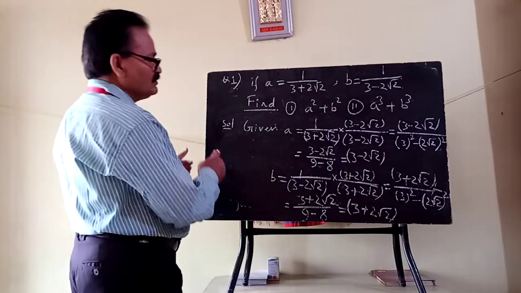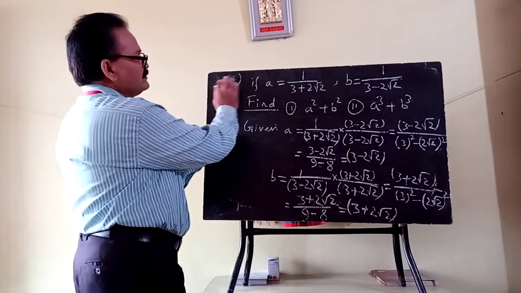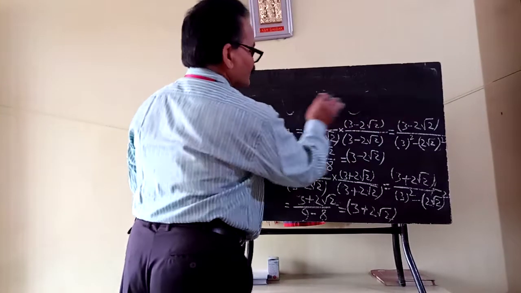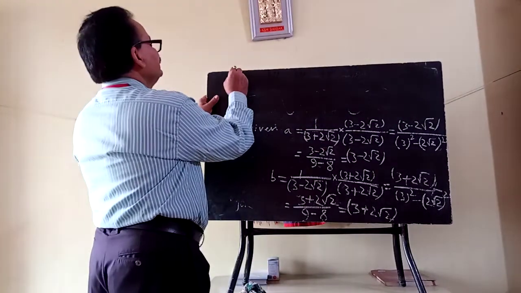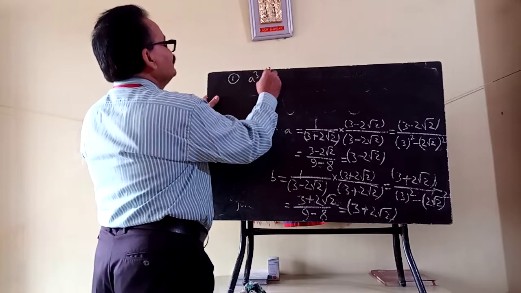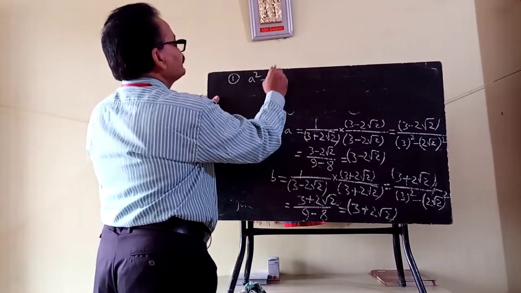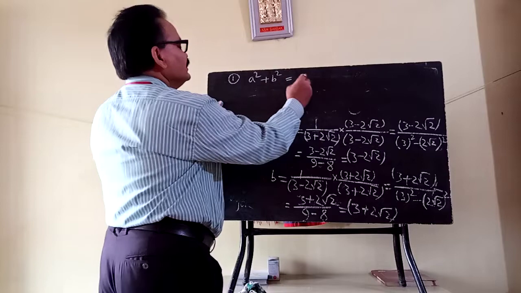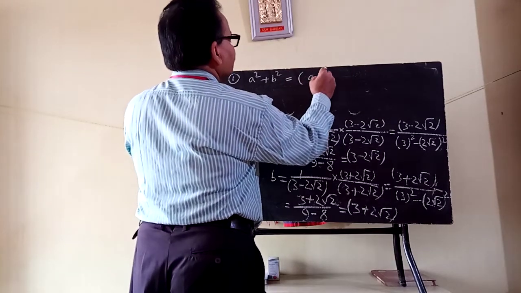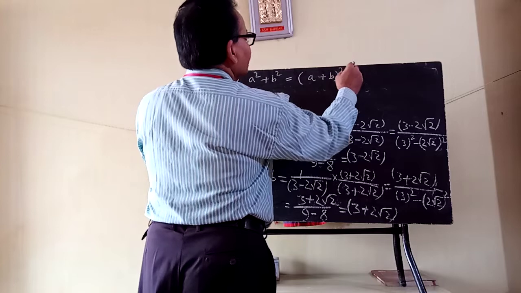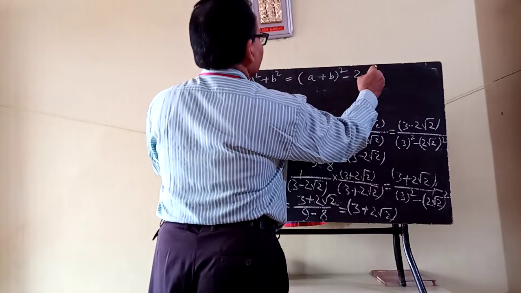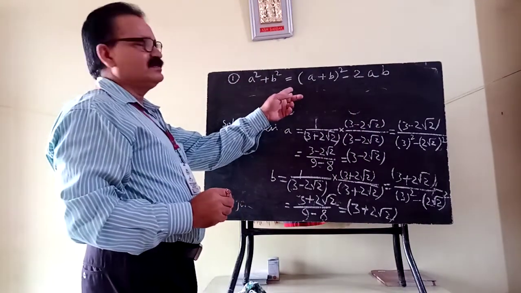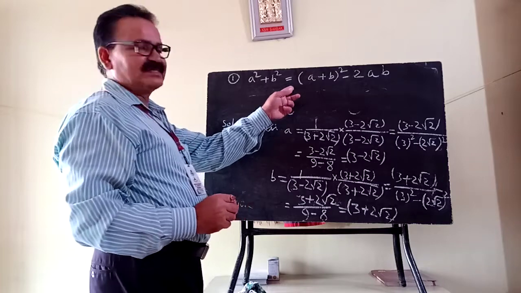Now I have to remove it. Okay, you have written it. For getting space, I have to remove it. You keep in mind the question. So now the first question is a square plus b square. As far as the formula of algebra is concerned, this is a plus b whole square minus 2ab. This formula you know very well from class 7.